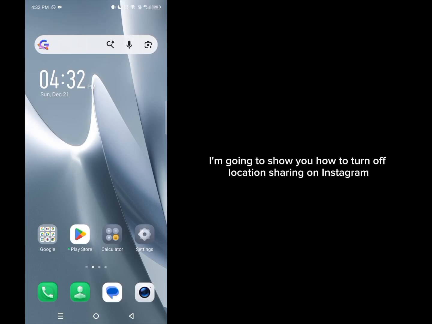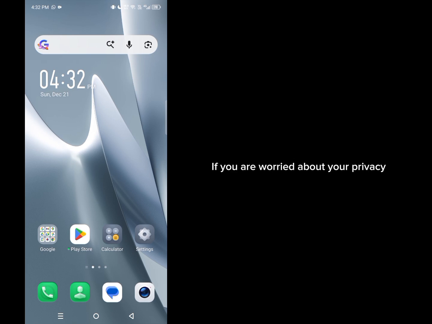In today's video, I'm going to show you how to turn off location sharing on Instagram. If you are worried about your privacy or you don't want Instagram to track or share your live location with anyone, then this video is definitely for you. So let's get started. Open the settings app on your phone,